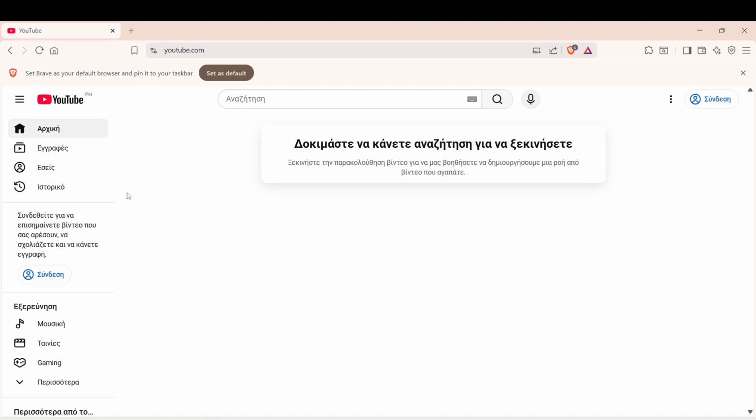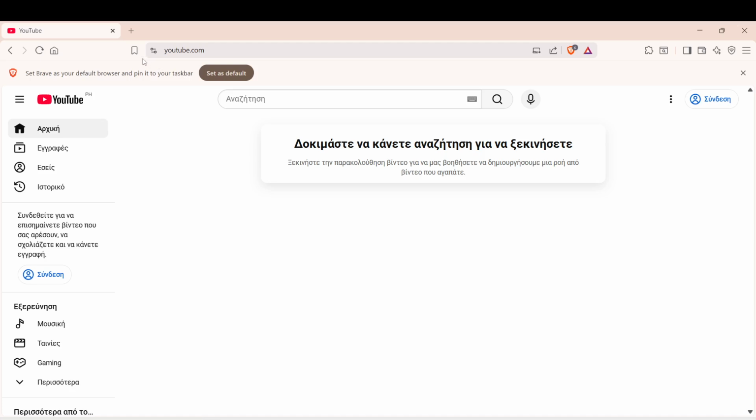Next, you'll have the option to log in or use the site as a guest. Logging in allows you to access your subscriptions and interact with content like commenting or saving videos. However, if you prefer to prioritize privacy, using YouTube as a guest is completely fine. This flexibility is one of the benefits of browsing with Brave. If you choose to log in, be assured that Brave's privacy features will help protect your personal information.